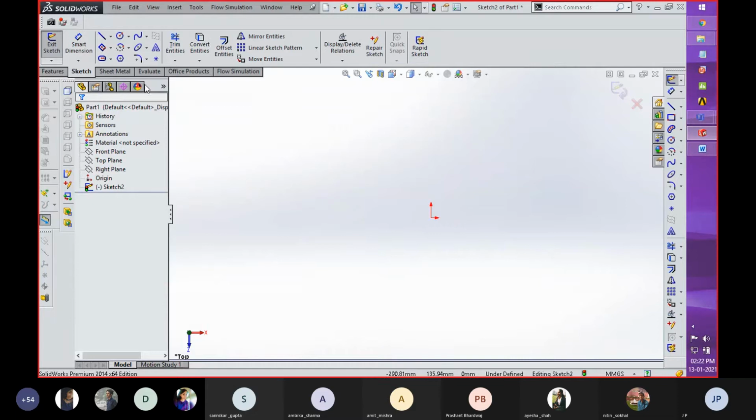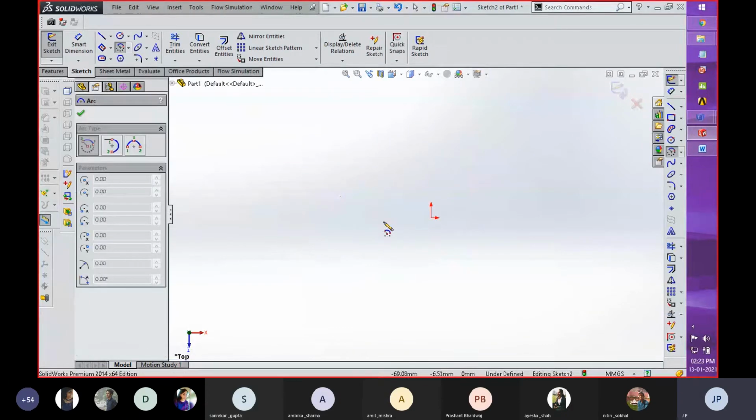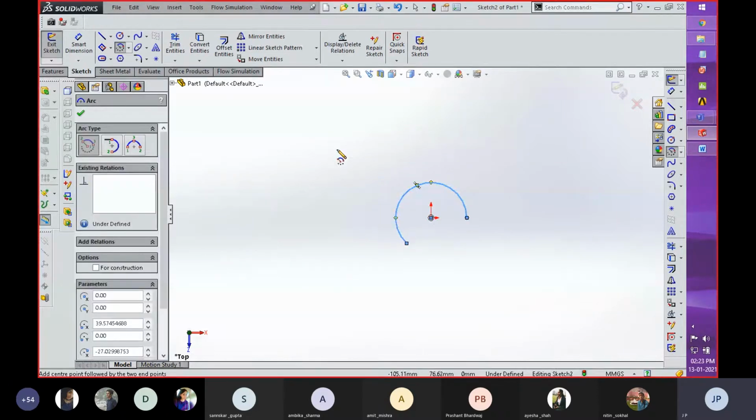Okay. Now the next toolbar is the arc toolbar. There are three methods with the help of which you can create different types of arc. This is the center arc. For creating an arc, you first select the starting center point of that arc, then press at any line which describes the radius of that arc, and then drag your mouse as per your requirement, and whatever angle you want to create, you click over there. So the arc is going to be created.